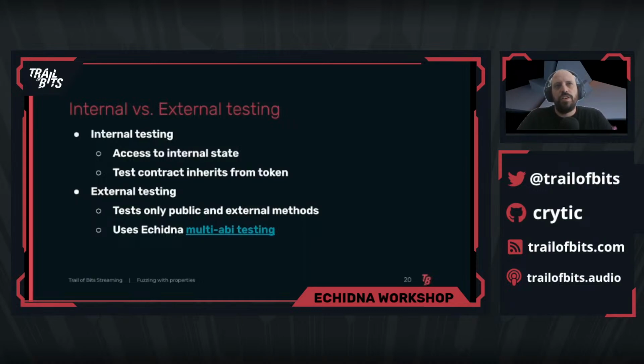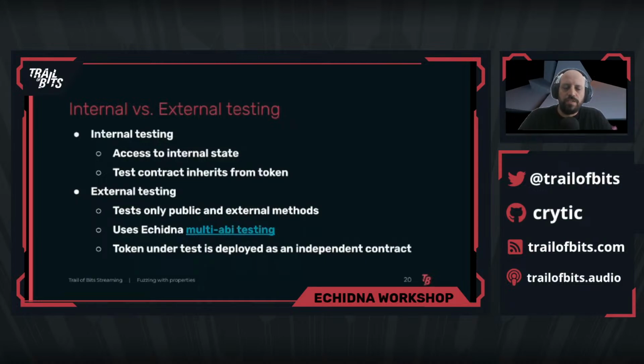But the idea is that Echidna will not only call functions from the test contract, but also from the deployed token contract. So in this test, you deploy the contract under test, your token. You deploy it as if it were deployed in an EVM chain, in a public chain, as it will be